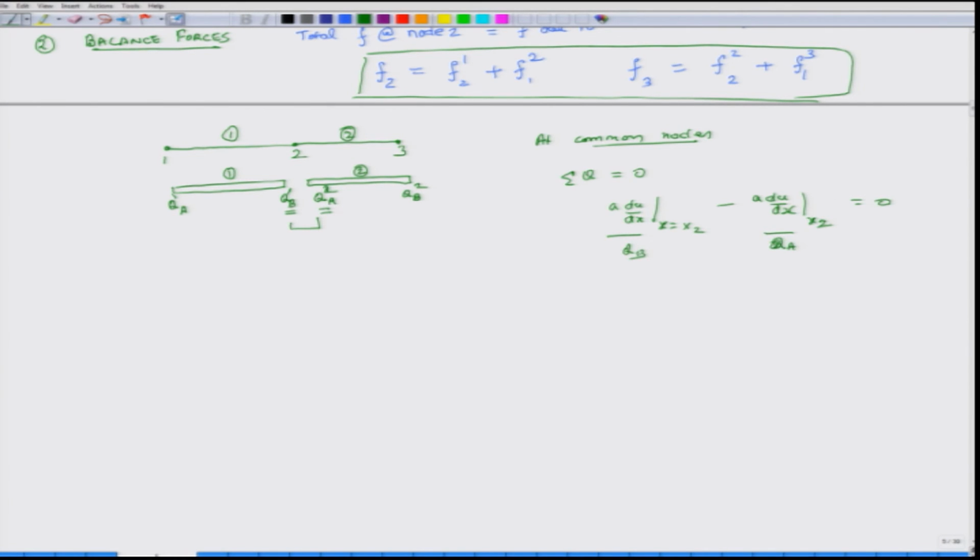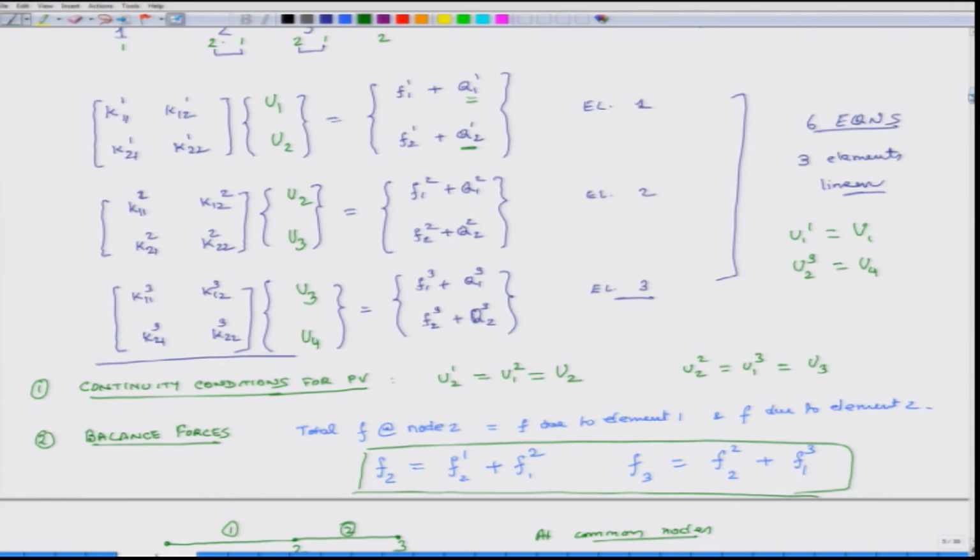So, what it means is that when I do my assembly level equations, I have to do two things. One is that I have to replace local degrees of freedom with global degrees of freedom, and also simultaneously ensure the continuity conditions for U. The second thing is that at interfaces I have to add up the forces, right. So, I have to add up F, and I also have to add up Q's. So, the way I add up these F and Q's is basically these two equations, I add them up,